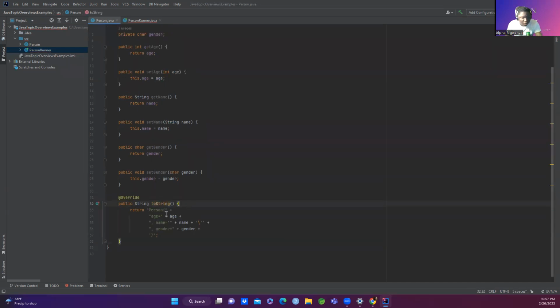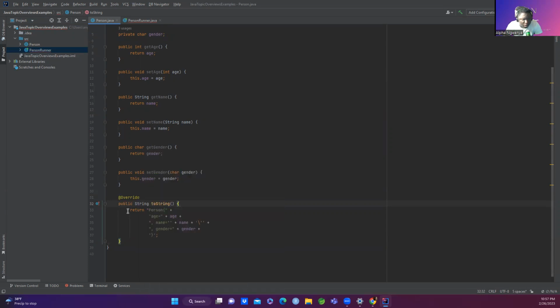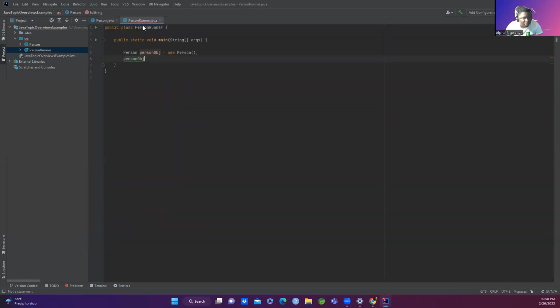And this is it. So this is nothing but a method override because it's coming from the, I think it comes from the String util class. So what's happening here? This is basically saying person, I want you to return this. You write something like person, and then the age, the name, just to make whatever we're printing pretty. That's why. Okay, now when we get here,